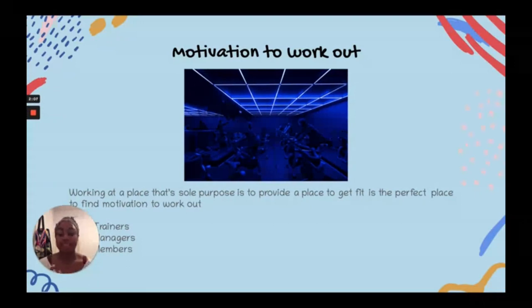So there's trainers in there. The managers are very gym focused, very active focused, and there are members that you become really close with because you see them every day. They come in all the time, same time every day, and you are able to form a personal relationship with them, and then they become invested in you and your life and what they're doing, and they become invested in your fitness journey too, and they will motivate you. If you are nervous, if you are intimidated by the gym, they will motivate you to get up, get in there, and work hard, work your butt off,